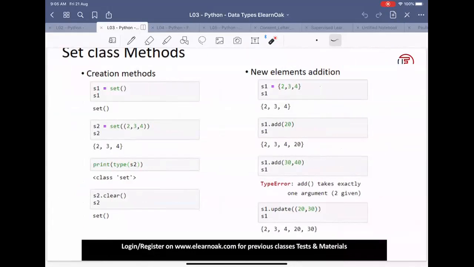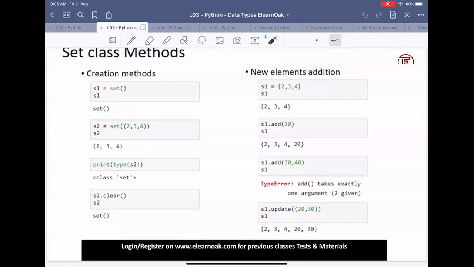So let's see how to create sets. To create an empty set, I can start with saying that S1 is equal to set, and set is a function with open and close parentheses, saying that this is the function and this function is creating a new variable of type set. When I print S1, I can see that it prints the value set. Additionally, I can add values into the set this way. To the set function, I'm adding an argument whose type is tuple. So we are adding a tuple of three elements, 2, 3, and 4.